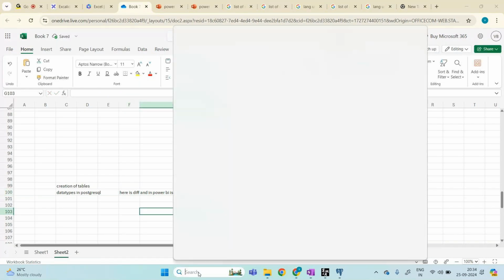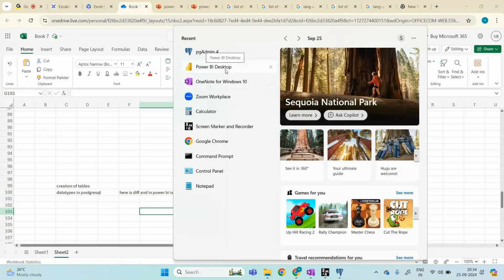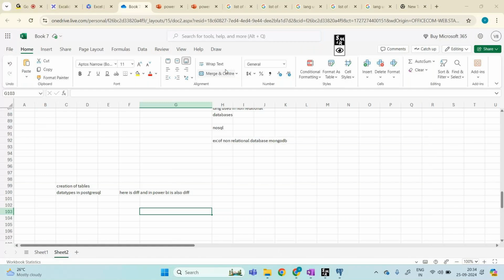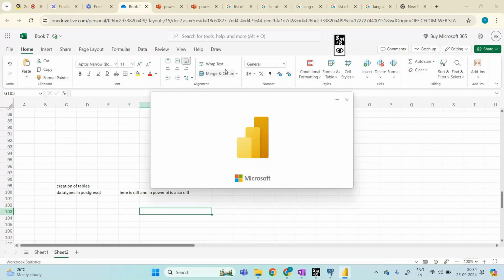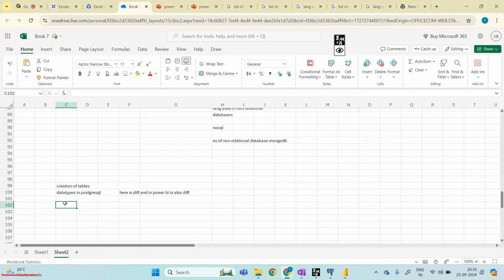One second. Before going into this, I'll show you the importance of data types in Power BI itself with one of the examples. And before that, we'll see creation of tables and data types in PostgreSQL, and we will see how to bring the